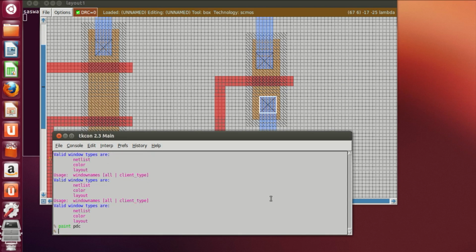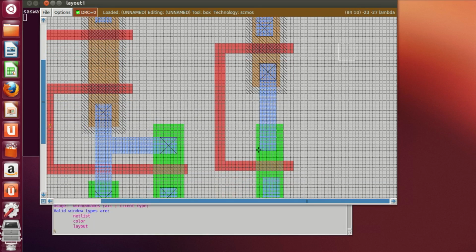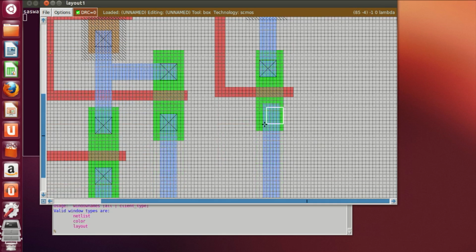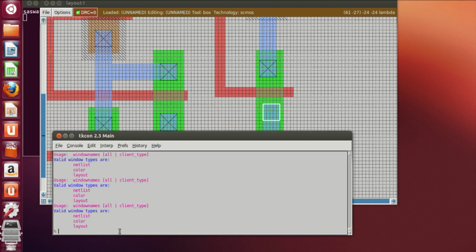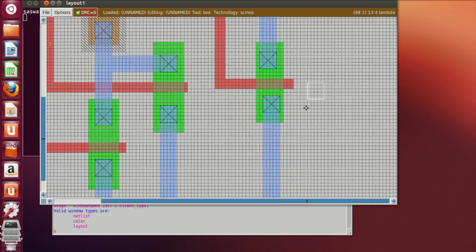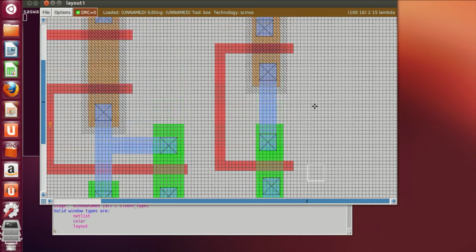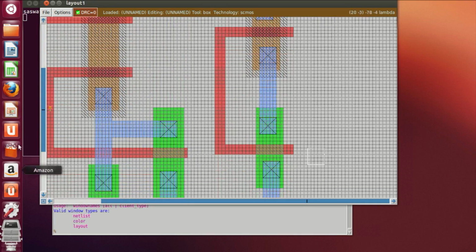Paint PDC. Paint N diffusion contact. Okay. Now this is the inverter portion and this is the